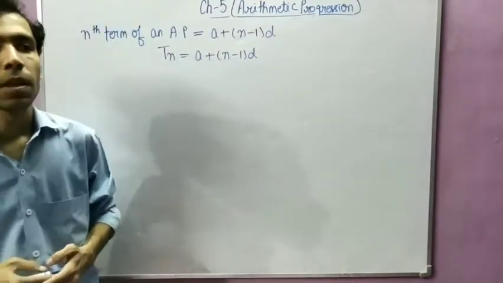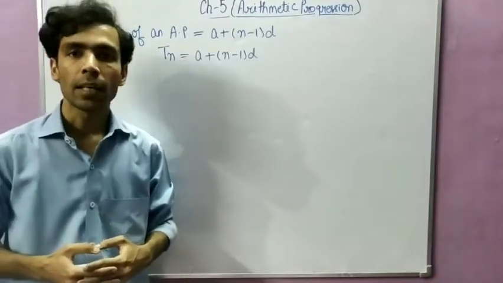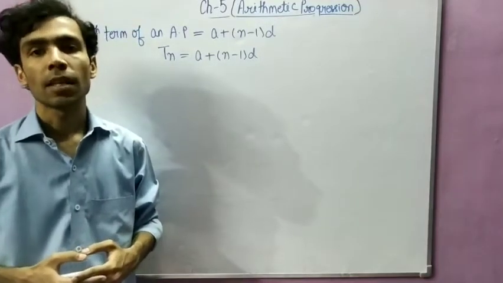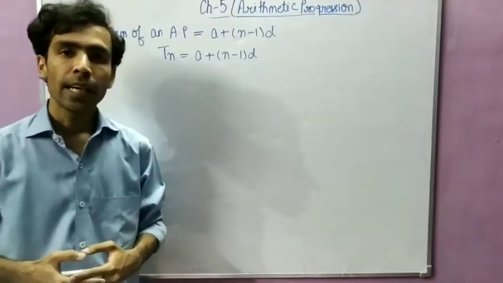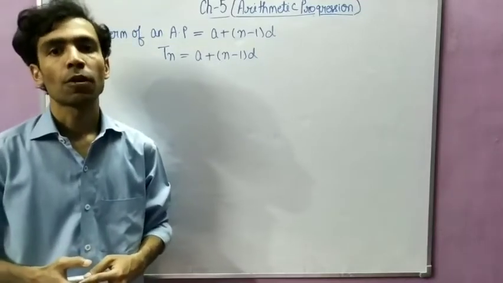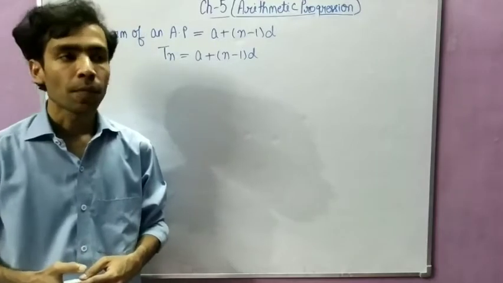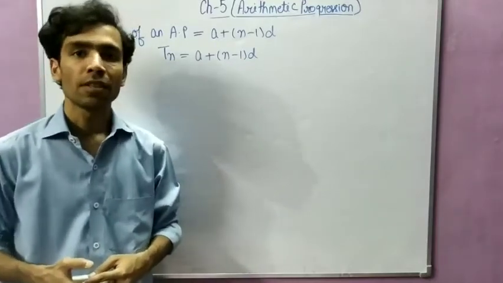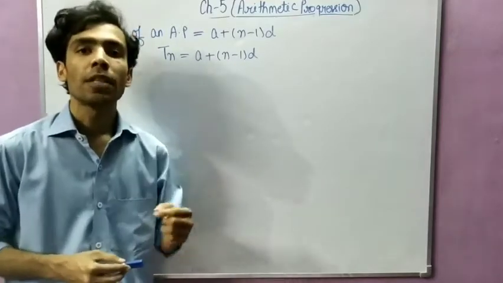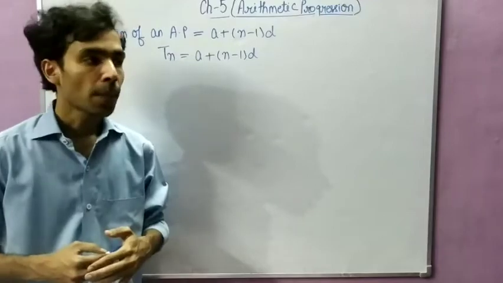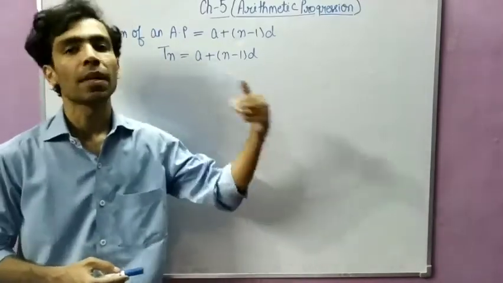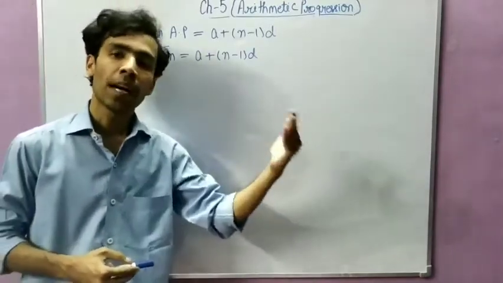So students, in the last part of the video, I started a new chapter, chapter number 5, and the name of the chapter is Arithmetic Progression. In that part, I told you about sequence and the definition of arithmetic progression. We also studied the common difference of an AP, that in an AP the common difference remains constant. Okay? And how can we calculate the common difference? From any term minus the previous term. Okay? Any term minus the previous term.